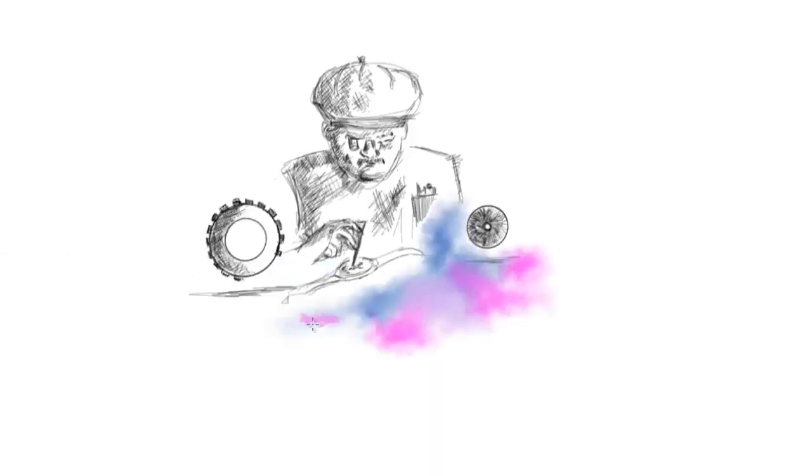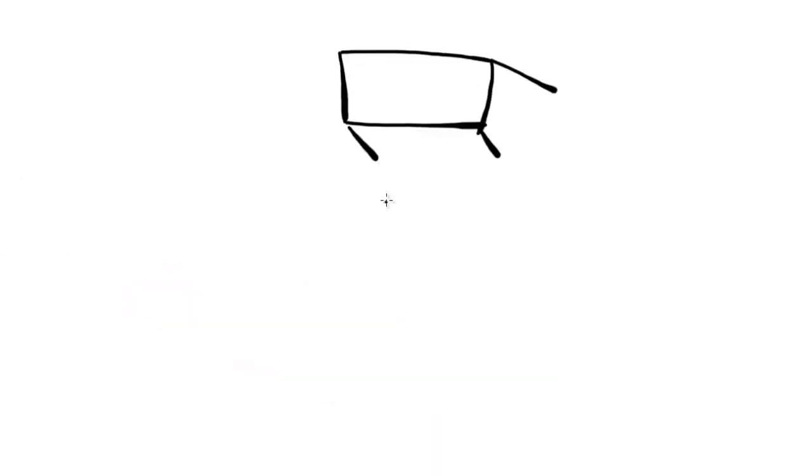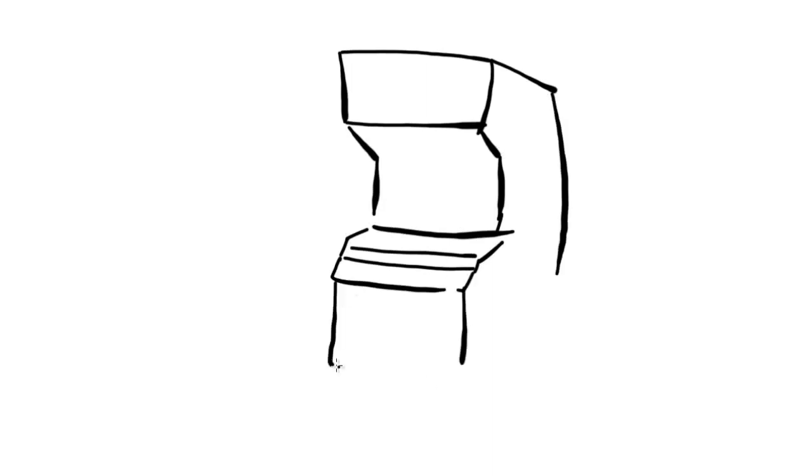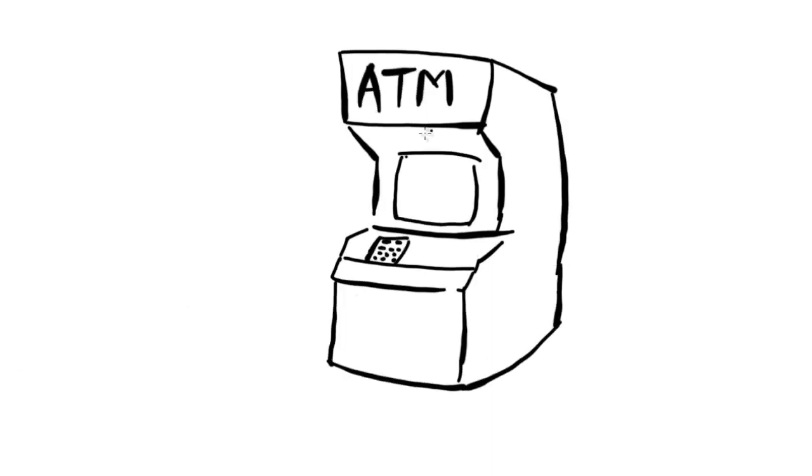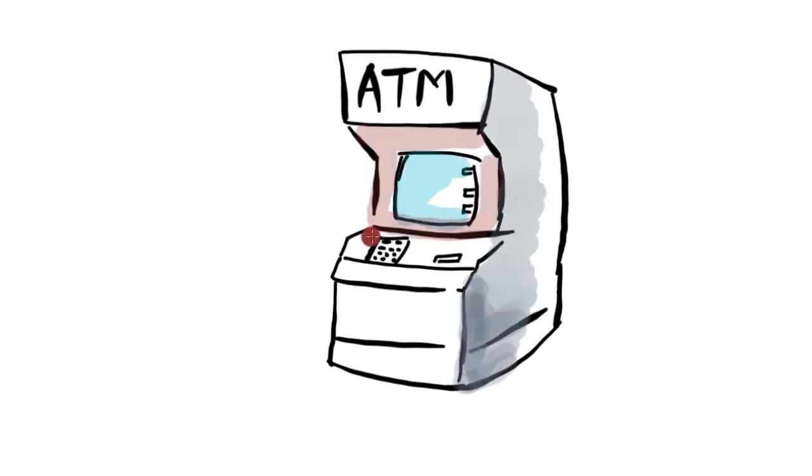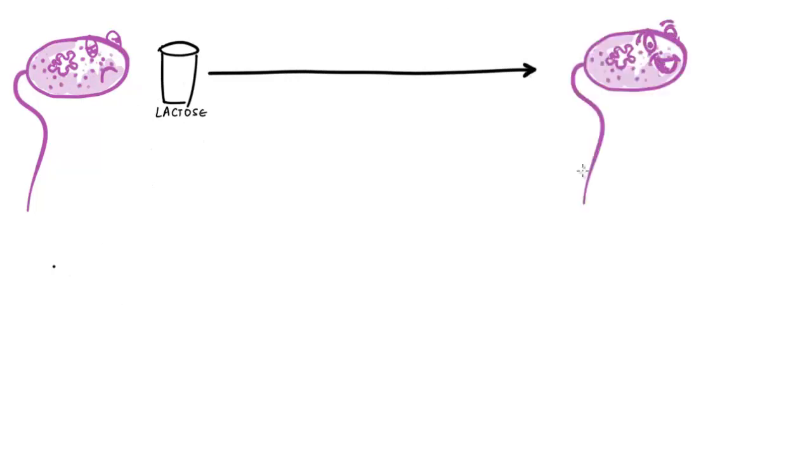A watchmaker can make a functional watch only when he is given each and every spare part of the watch. If even one part is missing, he will not be able to make a functional watch. An ATM cannot give you half of the money just because you got half of the pin digits right. If you want to take money out of the ATM machine, you have to have all 4 digits correct. In absence of glucose, bacteria can utilize lactose to harvest energy.